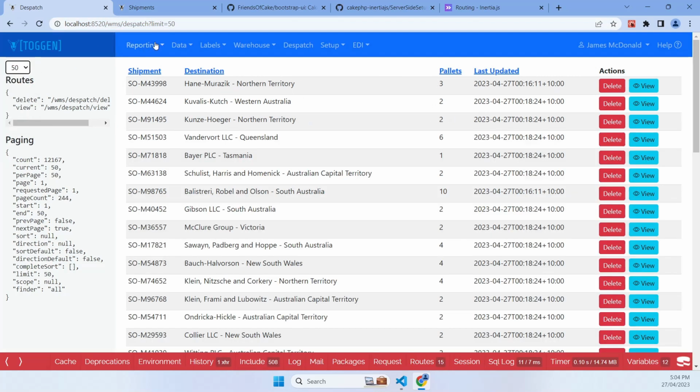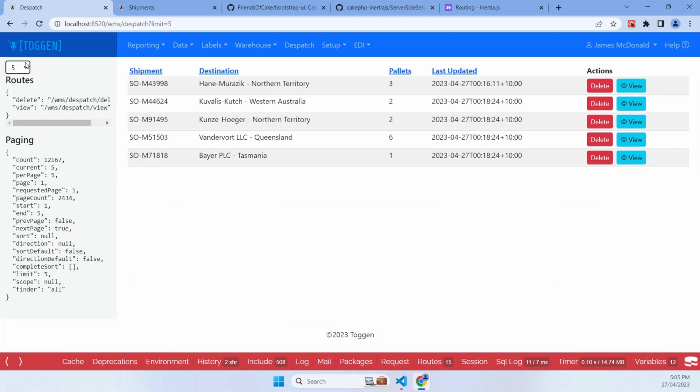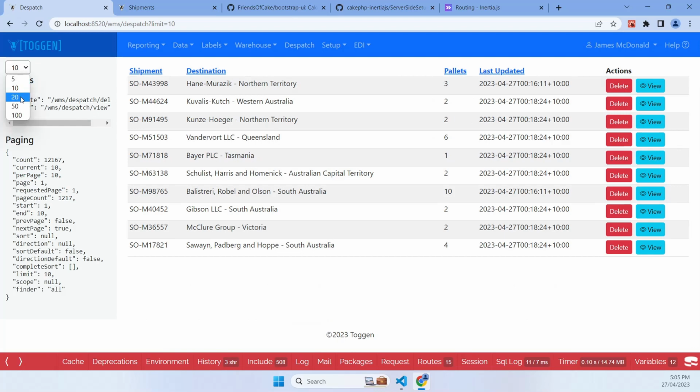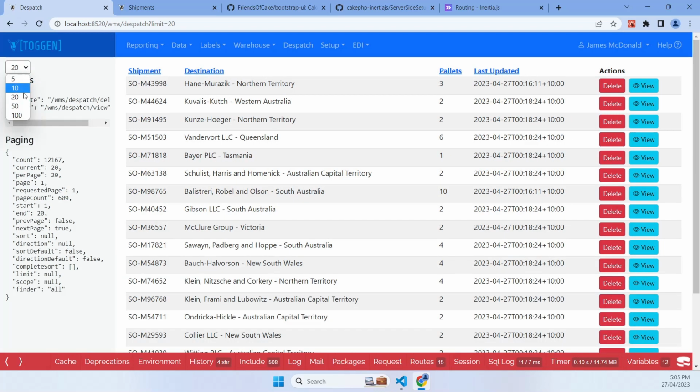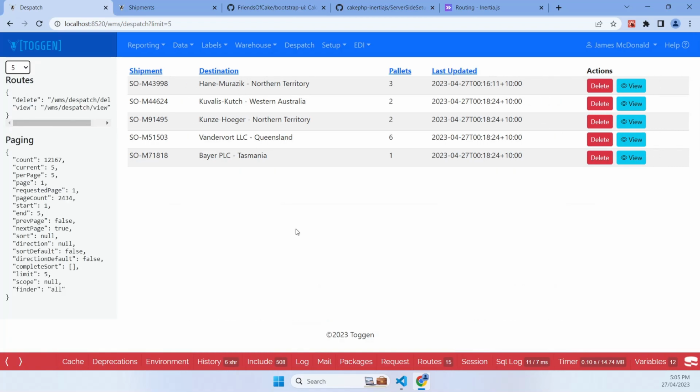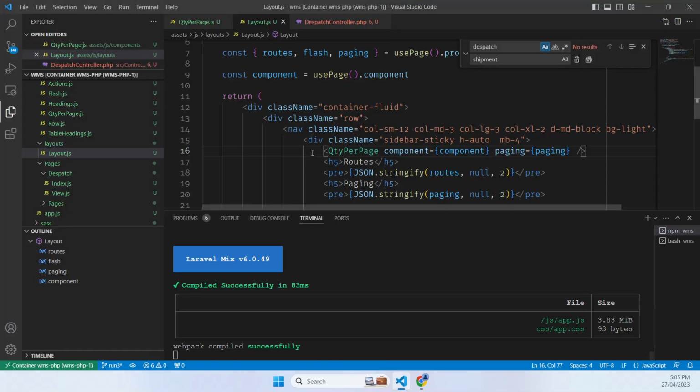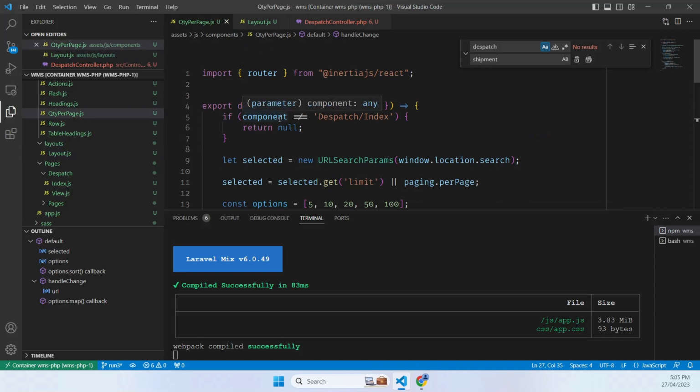We've now navigated to have a limit of 50, and as you can see we now have per page equals 50. So it's one of the features that you'd really want to have, this ability to do page limits. Now you can see that this quantity per page thing is using the Inertia.js router, that makes